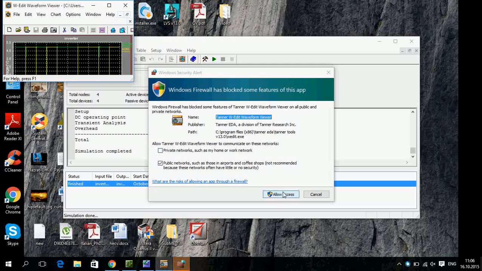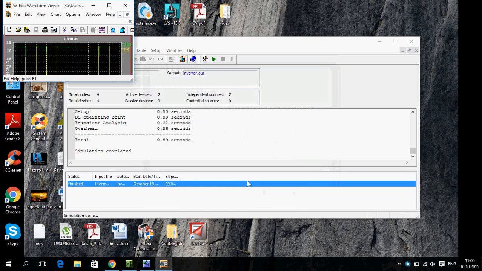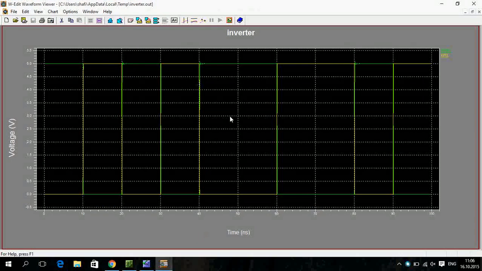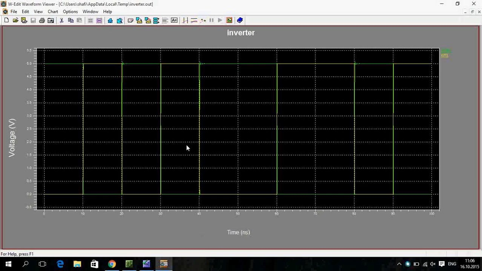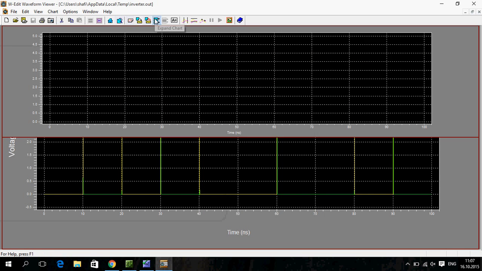Let's see what I forgot to insert. Okay, here. VDD. This one is the input field. This one is input. This one is input. This is output. 0